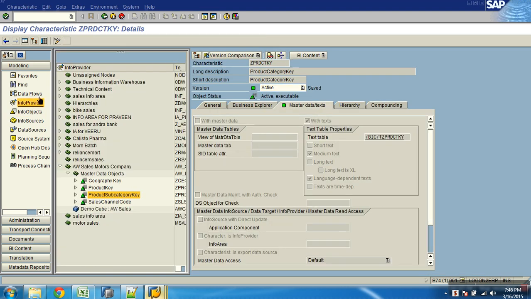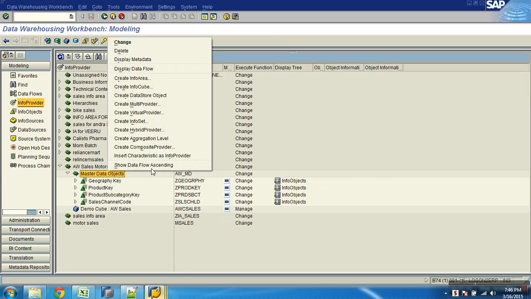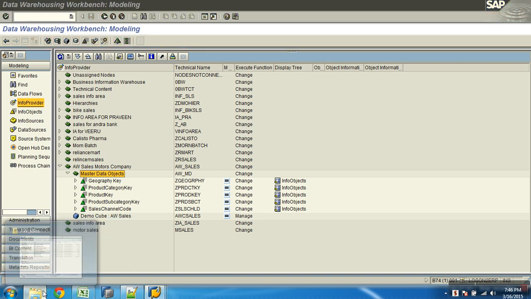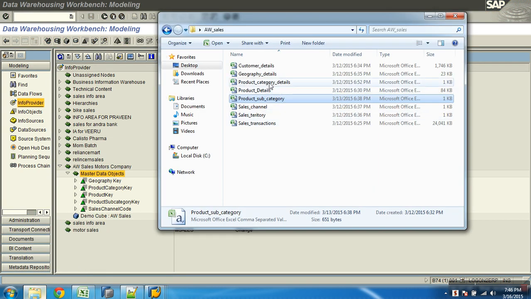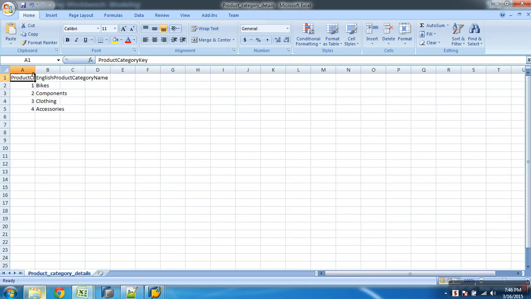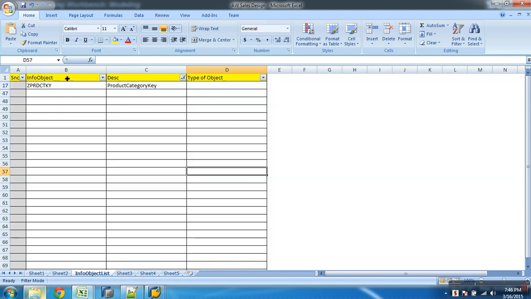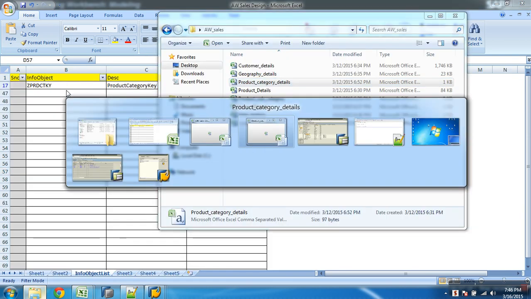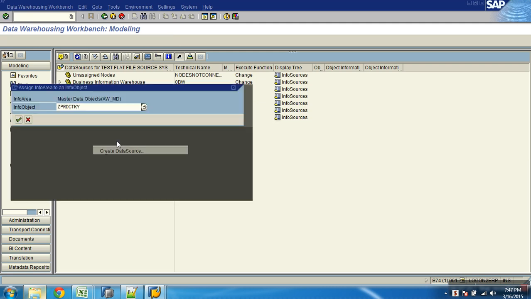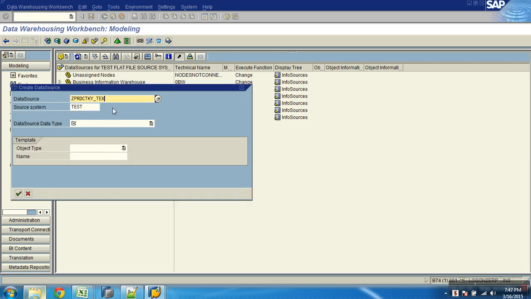So let's go to provider. Insert characteristic as info provider. Let's see the file. Product category: just the name and the description. They are just mapping it to medium. So go to the data source. What data source is it?